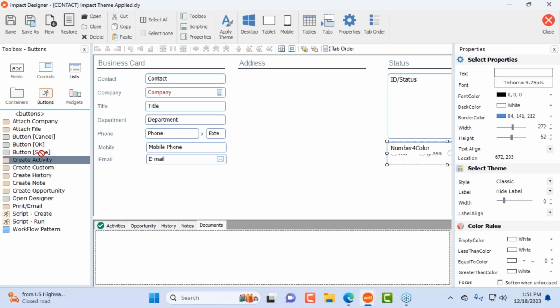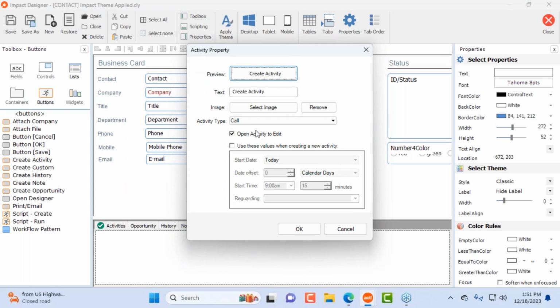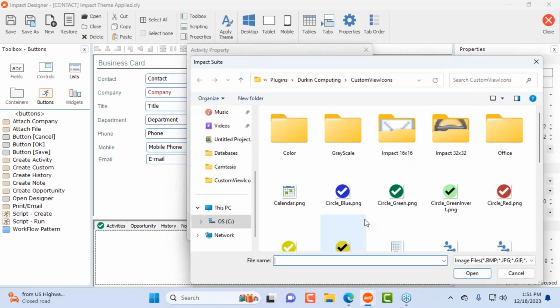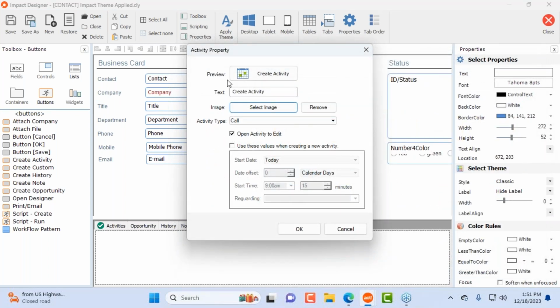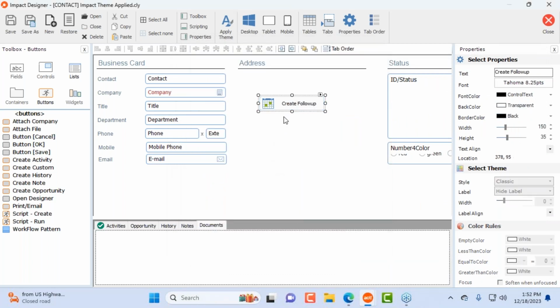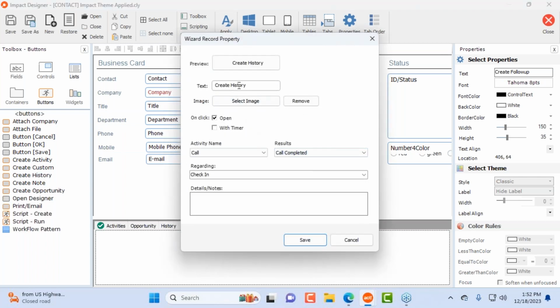Right. Well, here's one thing when, as a designer, I glanced over at buttons, right? So we have buttons, and I showed you one, like create an activity. So I'm going to create an activity, select an image, put the calendar up there, create. I think I did this a little bit, follow up, right? And it creates a call, which is great. I have that follow up, but I create the follow up call, but I also want to create a history that I reached out to them. So create,